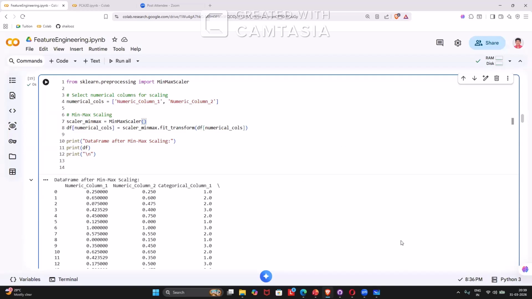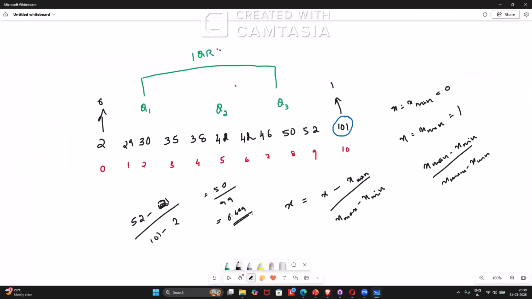But since we have already removed these height outliers, how does scaling help? Let's say I have removed 101, so now most of the scale is on the same ground, right? Same values almost. But sometimes,